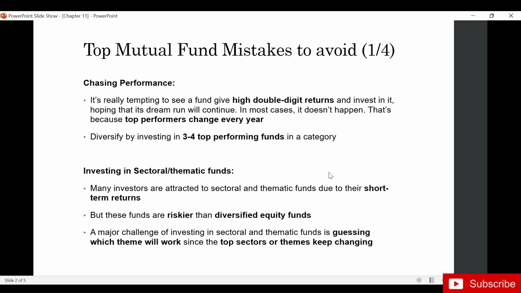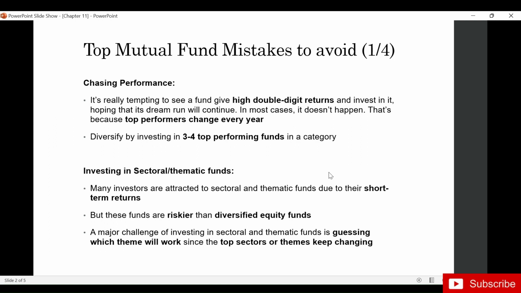So, how can an investor mitigate this issue? They can mitigate this issue by diversifying their investment and investing in 3 to 4 top performing mutual funds in a particular category. The second mistake that a lot of mutual fund investors make is that they invest in sectoral